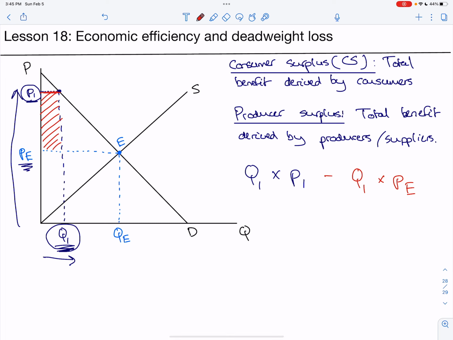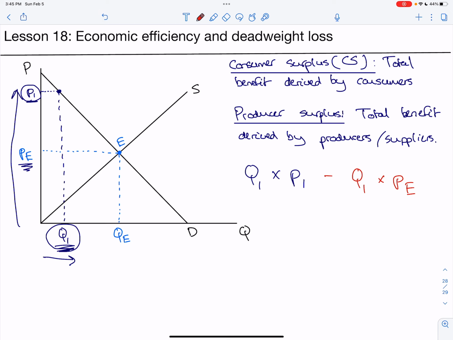P1 times Q1 minus PE times QE, leaving us with this rectangle. Okay, now,